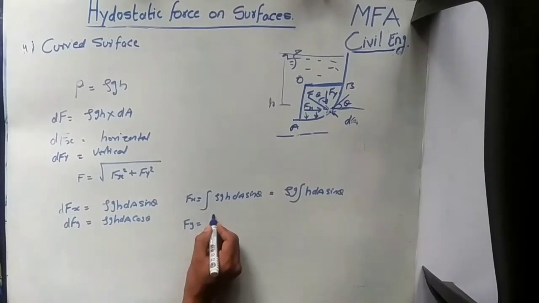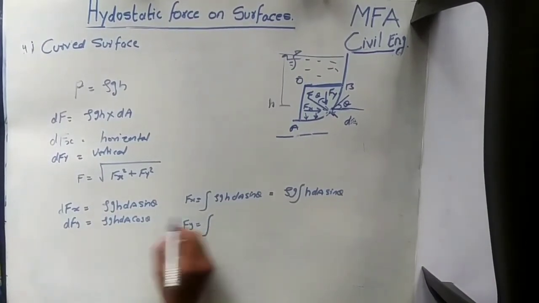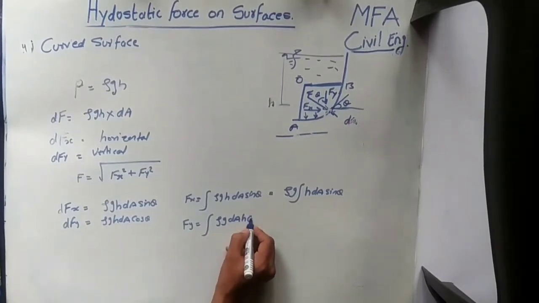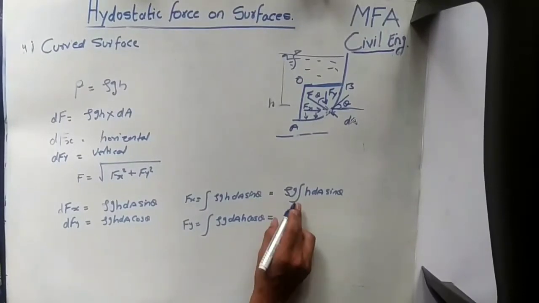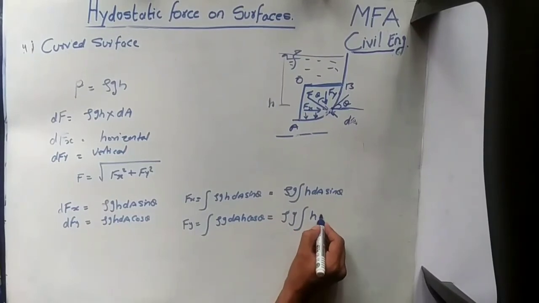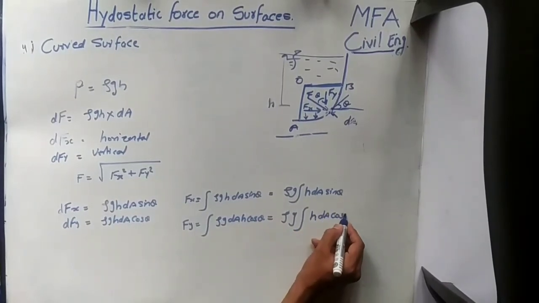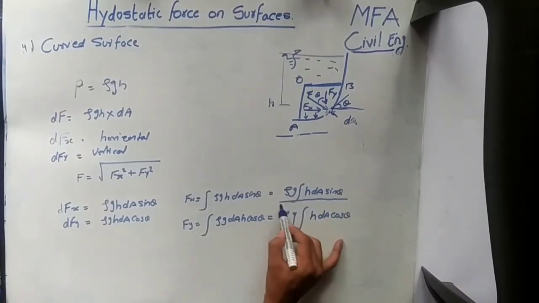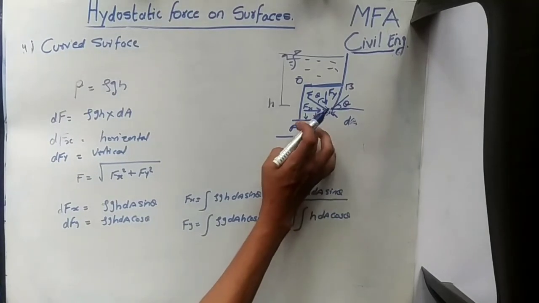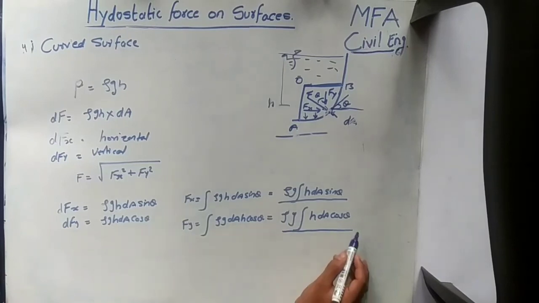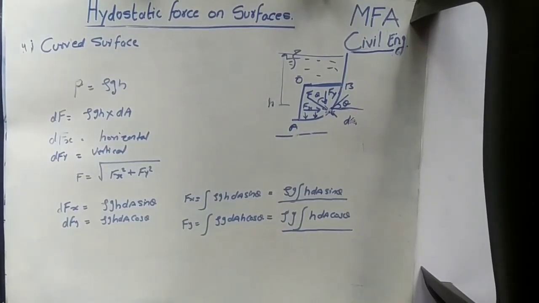Similarly, Fy is equal to the integration of rho g dA into h into cos of theta, which is equal to rho g, a constant taken out of the integration, then integral of h dA into cos of theta. This is the value of the total pressure force exerted on this surface AB, rho g integration of h dA cos theta. This is the value for all the liquid, or the volume of the liquid, balanced by this